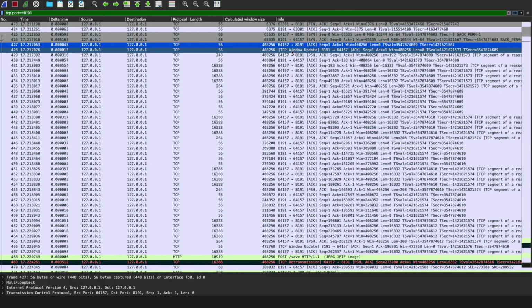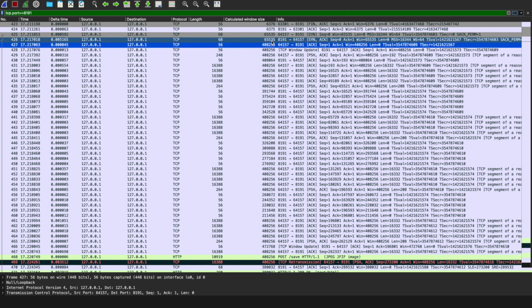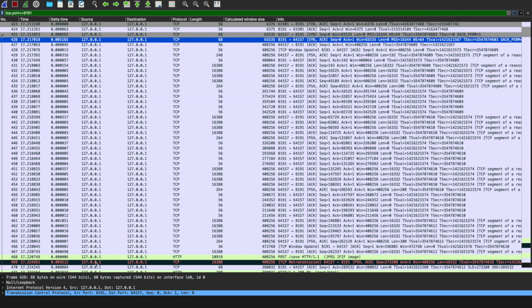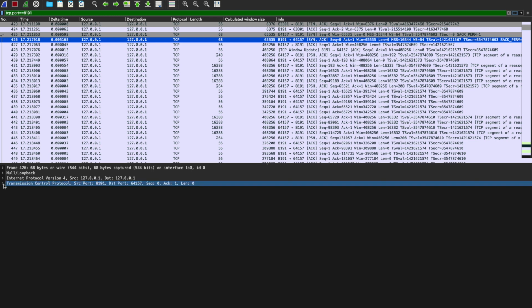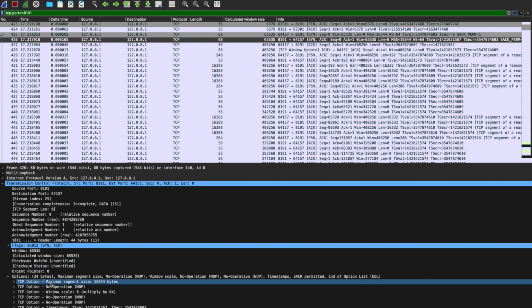Now you can see here TCP window update. Initially it starts with 65,535. But if you see the server SYN ACK, and you go here for the options, not the flag option,